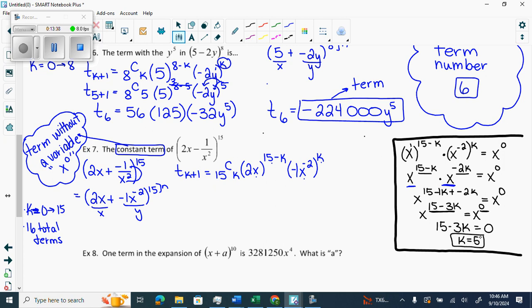Now say you messed up. Say you got the wrong k. You'll find out when you go to fill it into here and the x's don't cancel off. Right? Go back, try again. So we're going to go T 5 plus 1, because that's what we think k is, based on our mathematics over here, equals 15C5